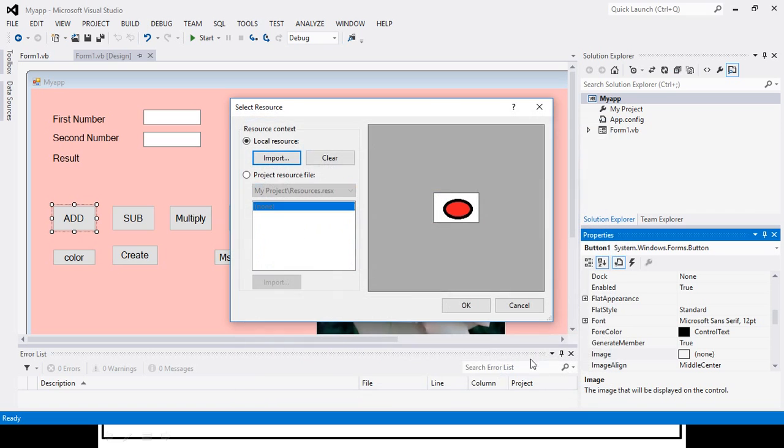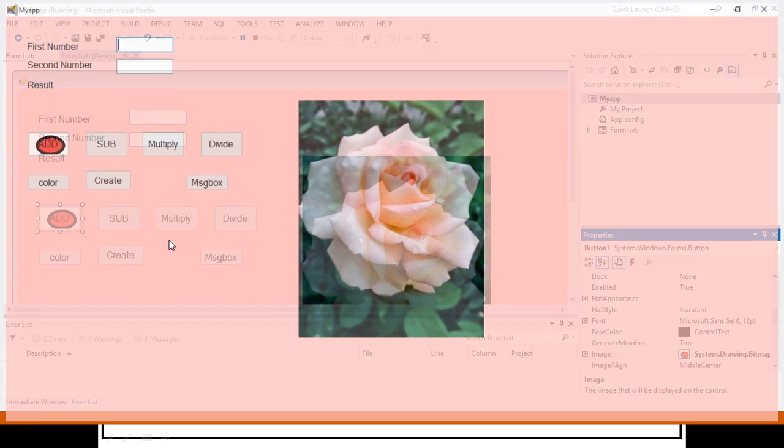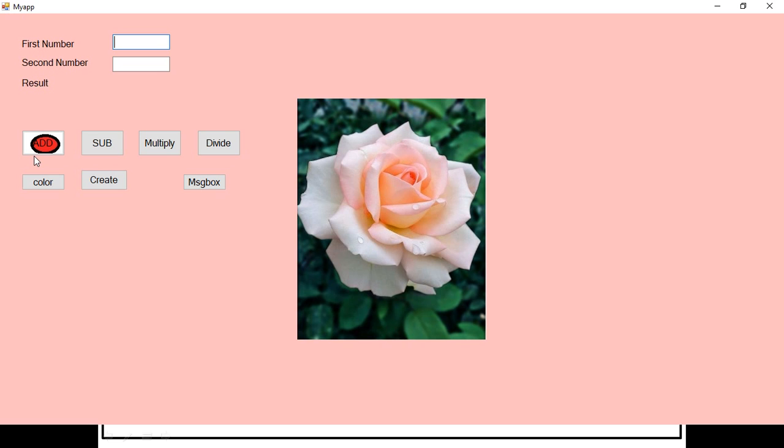Suppose this is one image that I put for my button, and suppose I execute it, it will display the image on my button. You can create many different small images, of the size of the button, and put them on the buttons of your form. If you take a big image, then your button size will increase, and that will not be good form design. Okay friends, so this is all about the addition of two numbers, multiplication, subtraction, and division,